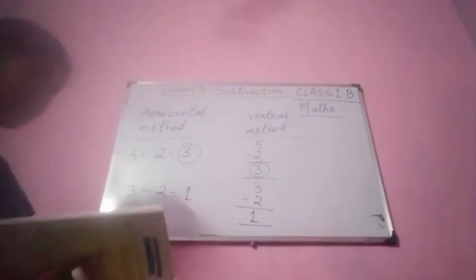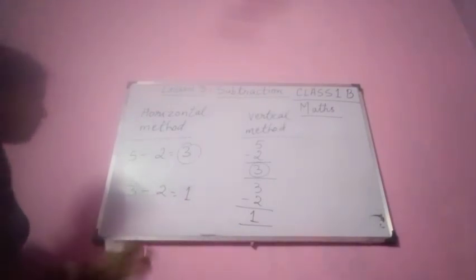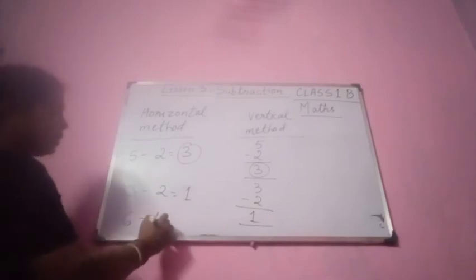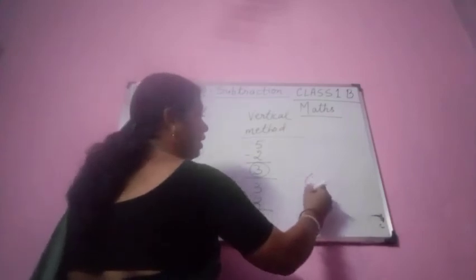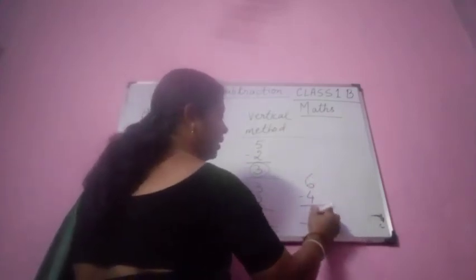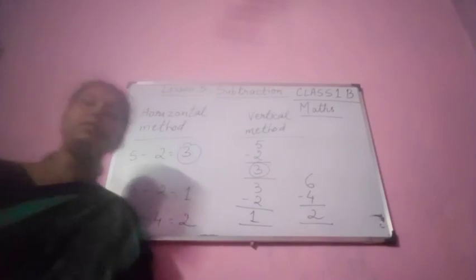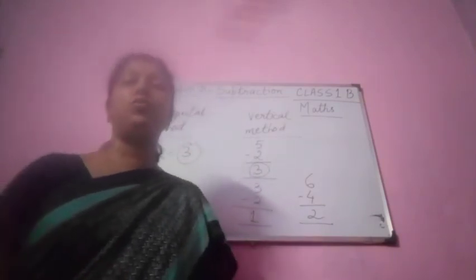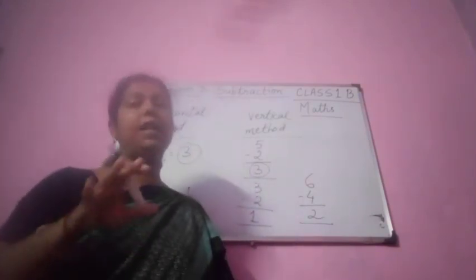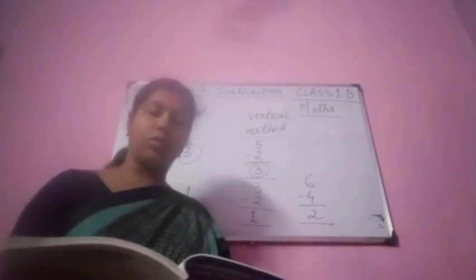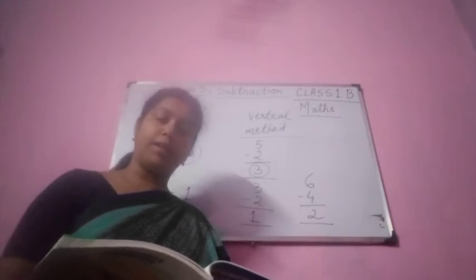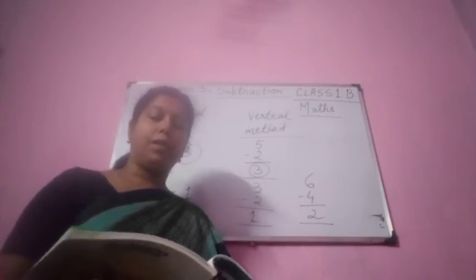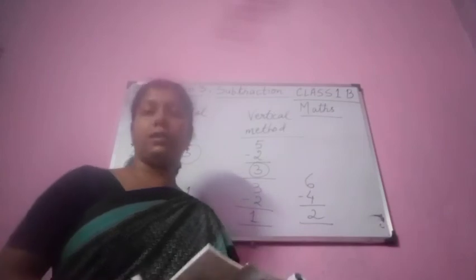Okay. One more maths. Let us take this one. 6 minus 4. Okay. If I write down here 6 minus 4, what will be the answer? 2. Okay. And if I write down here in vertical method 6 minus 4, what will be the answer? The answer will be 2. So the answer is not going to change whether I do in horizontal method or in vertical method. Alright? Okay. Subtract and write as shown. Okay. Now you see here 4 minus 1, 3. Okay. 5 minus 2, we'll do this. On the board we are going to do this.